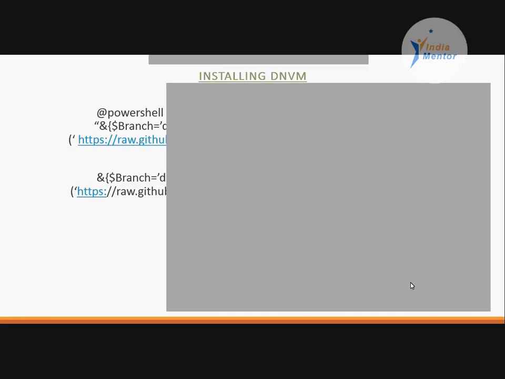It helps you install different frameworks that you have. It lets you upgrade itself. It lets you list what are the available runtimes. Let's quickly go ahead and say DNVM list. So right now I have update RC1, update 2 installed on my machine. Depending upon what versions you have installed on your machine, your output could be different.